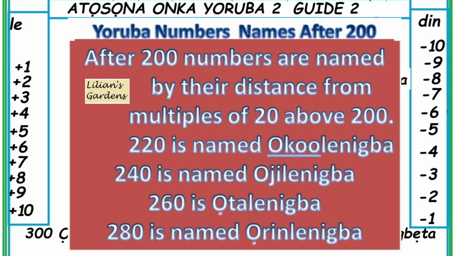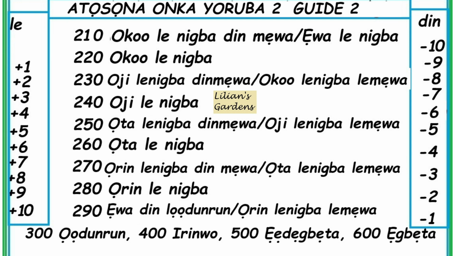we start to count multiples of 20 on the hundreds. Okòólénígba, that is 220. Òjìlénígba, that is 240. Okòó is 20. Òjì is short for Ogoji. Òjìlénígba, 40 lórí igba, 240. Òjìlénígba. 260, ọ̀tàlénígba. 280, ọ̀rìnlénígba. Nítorí náà tá bá fẹ́ ka 210 títí dé 290, a sọ wípé